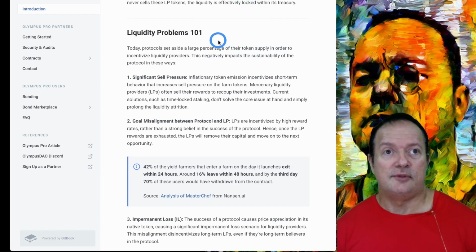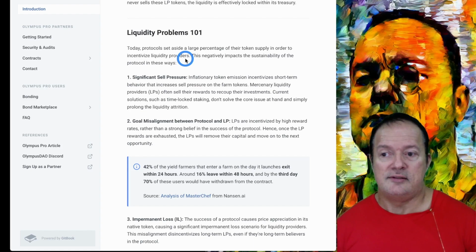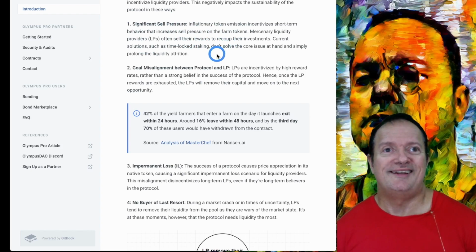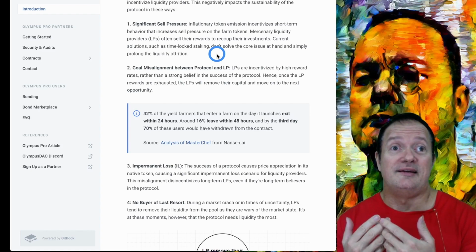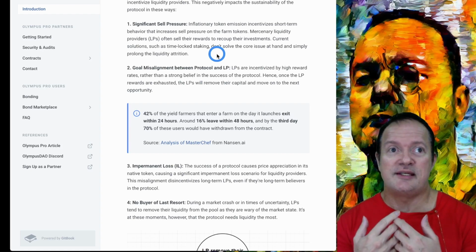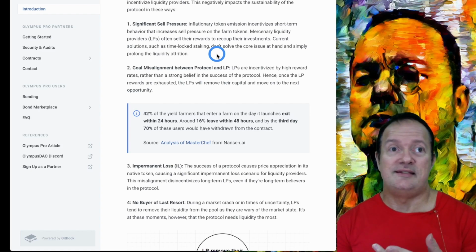We've seen it with the three examples I just gave you. The value of the tokens went to nothing, as opposed to Olympus DAO, which has very strong value for their token, and Wonderland as well. So there's a significant sell pressure when you get farm tokens. I'm guilty of doing the same thing. I go on typical DeFi protocols, I get yield, and as soon as I get my APR, I sell it